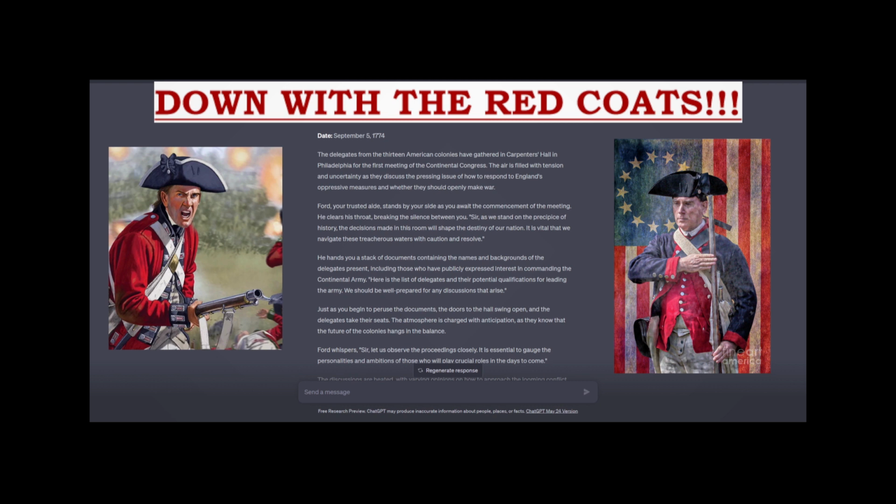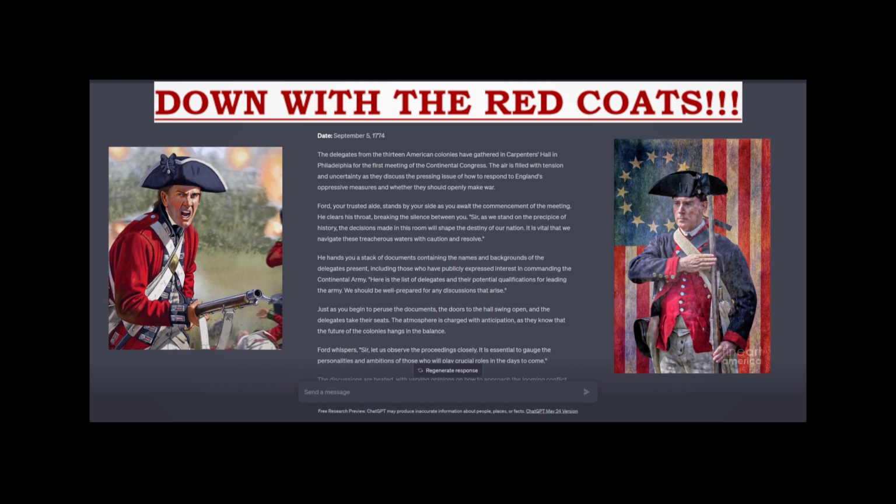So we need to name our character, and my character is just going to be named No Colon, just for the ease of it. The background is very simple. We were a captain in the French and Indian War, and we have been invited to the First Continental Congress taking place September 5th, 1774.